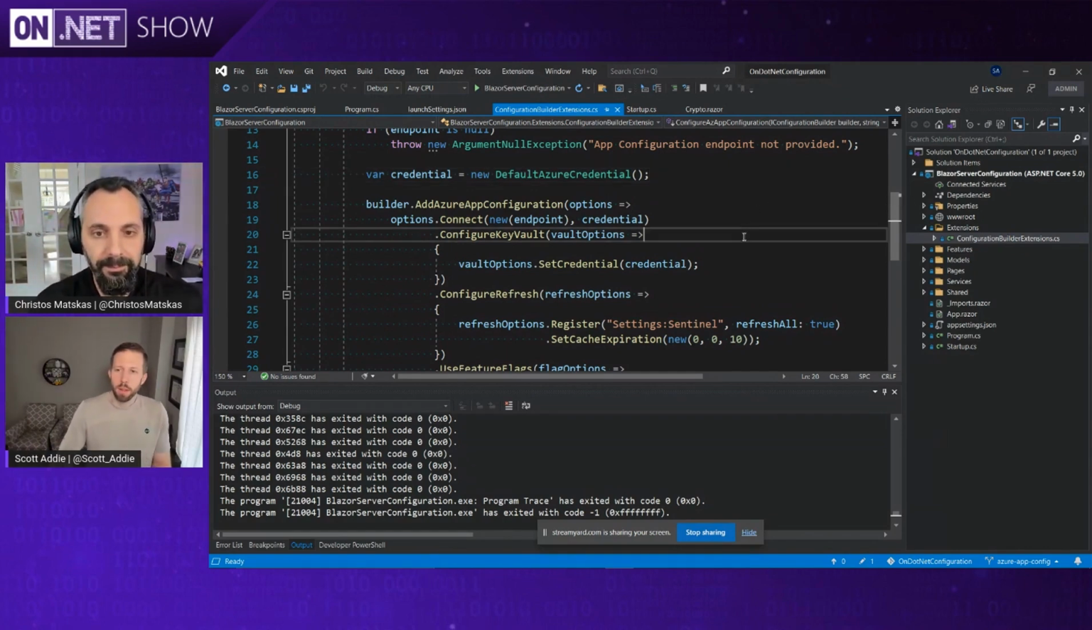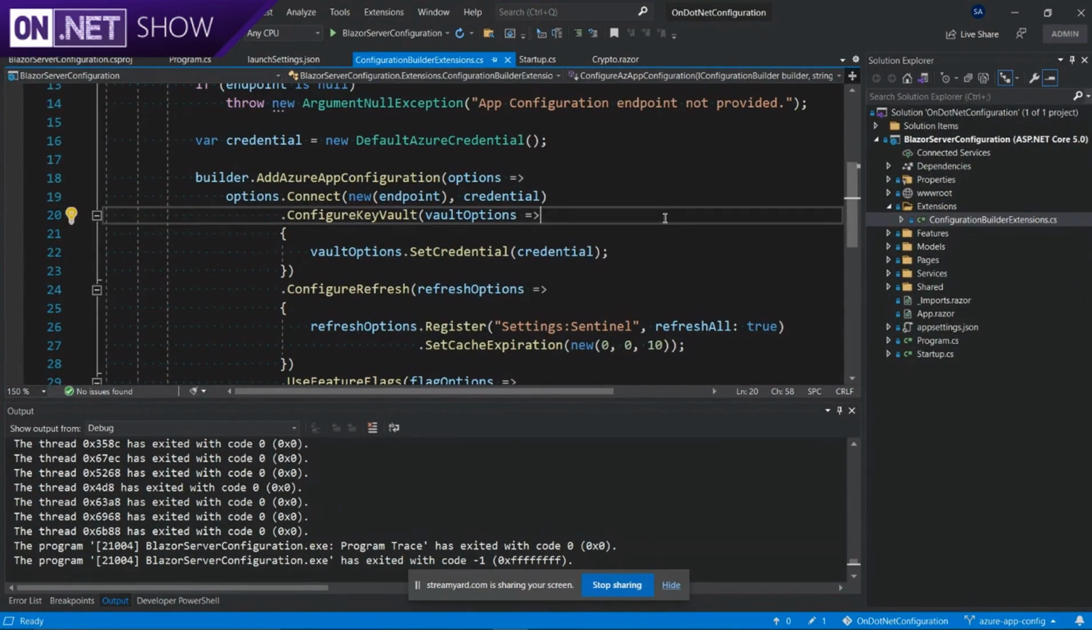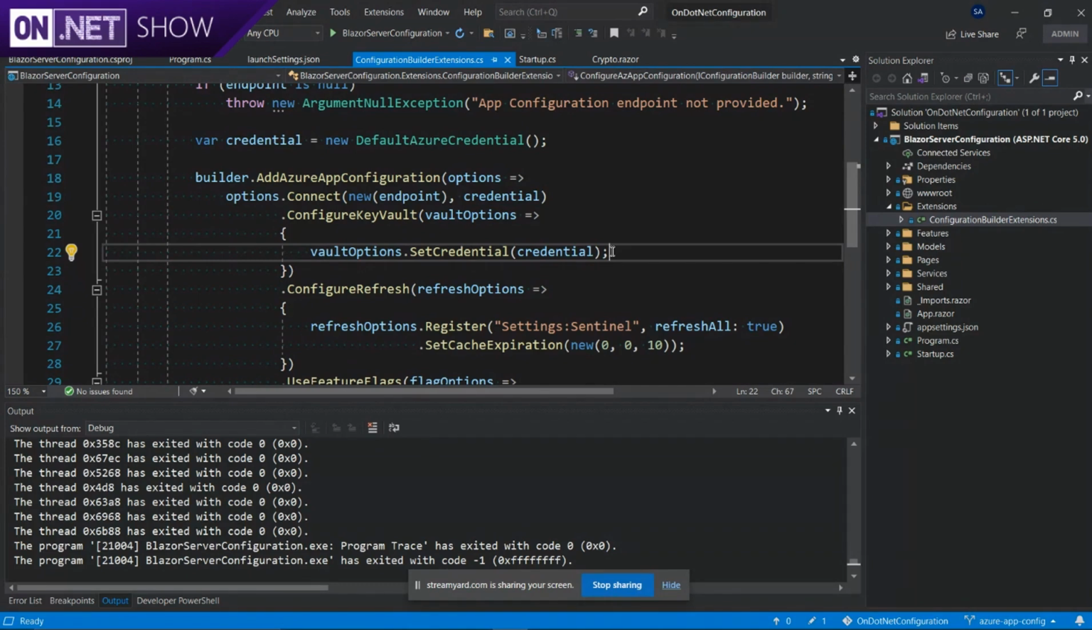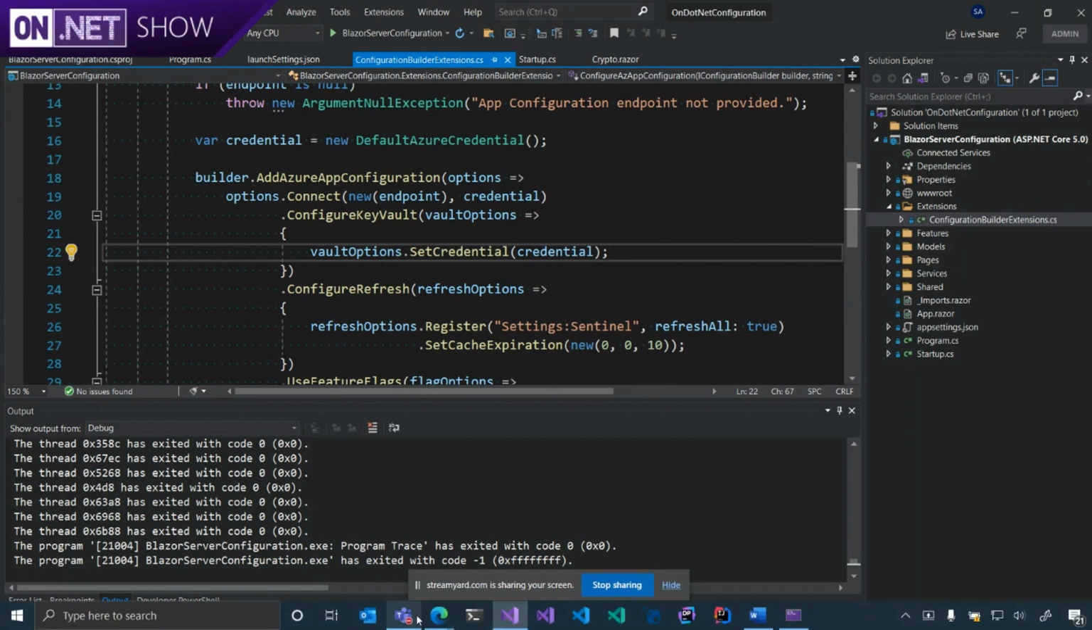Cool. Very next thing I'm doing here is I'm saying, well, I also want to use Key Vault with this. And so I'm calling this .configure Key Vault method and passing along that same default Azure credential object here. So that will flow into Key Vault and handle authentication. Right. If we then go back to the Azure portal,